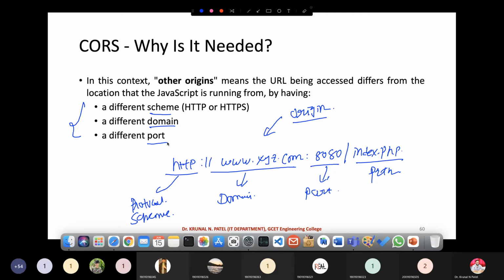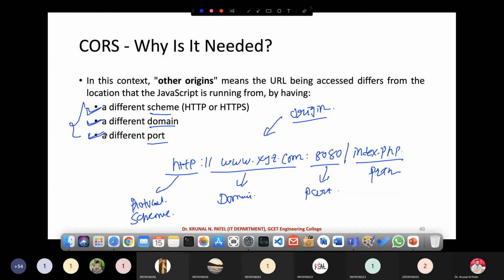Now, what do I mean by other origin? Suppose this is my origin, http xyz.com and 8080. If any of these three is different, remember this, then it is called another origin.